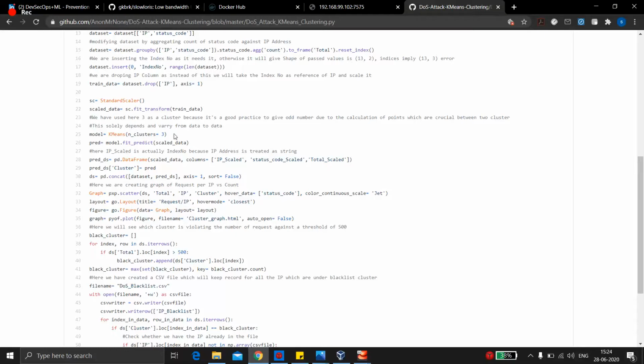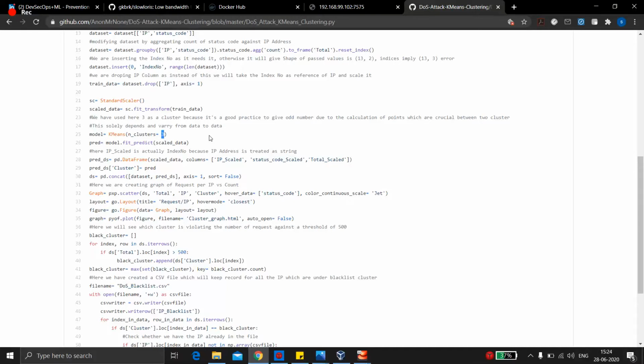First of all, this number depends solely on the data set. For example, if your data set has around 5,000 records, as in our case, then 3 is perfect. If you go to 8,000 or more, you can gradually increase it to 5, 7, and so on.